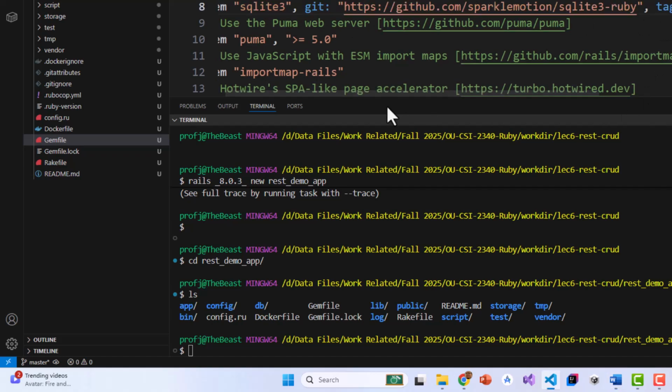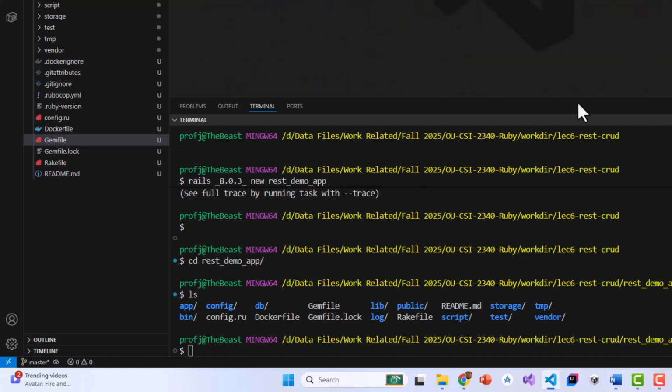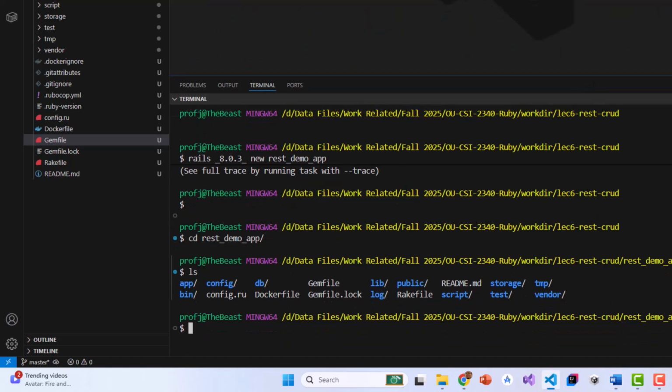Now, you'll notice it still says gem SQLite, right? And then comma git, G-I-T, so it tells it to go to GitHub and go to this Sparkle Motion / SQLite 3-Ruby, and then you give it a tag to tell it specifically what version, and it will download it. Okay, so the next thing we want to do to avoid problems, now that I've saved that file,